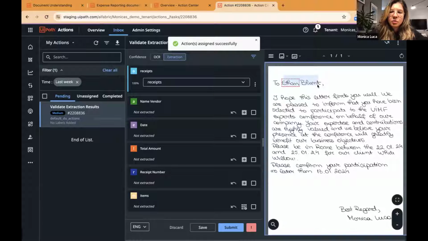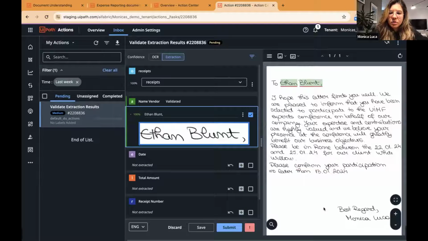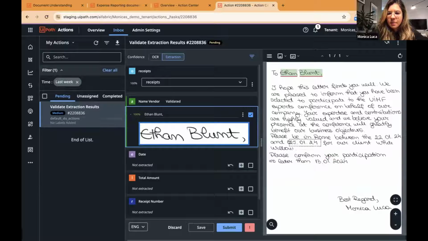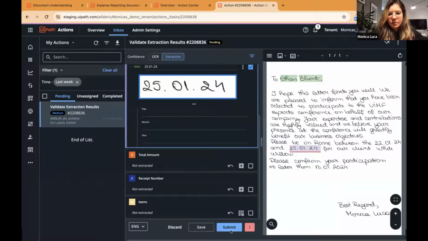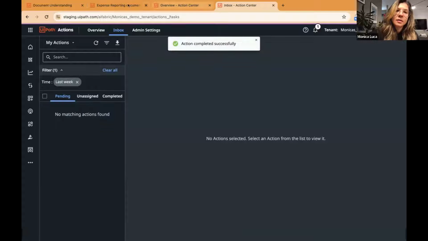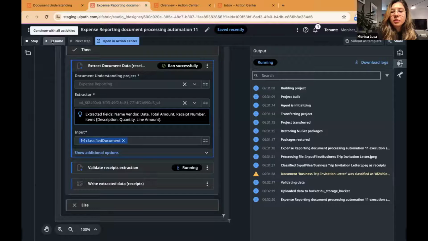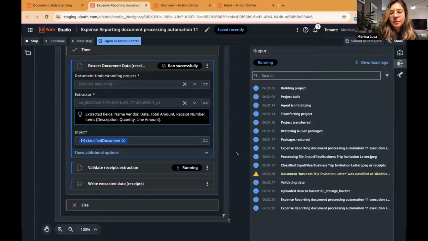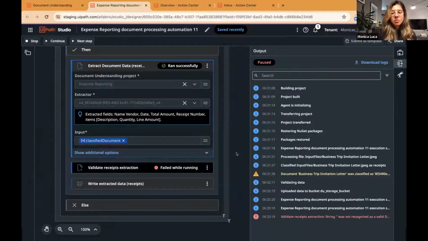Let me just add something. I add this as vendor name, and then this would be some date, and then I'm happy with it. And then finally, I would print the result on the screen. But